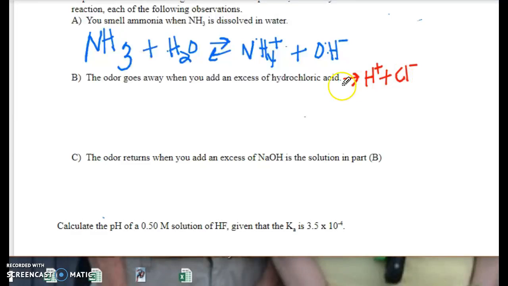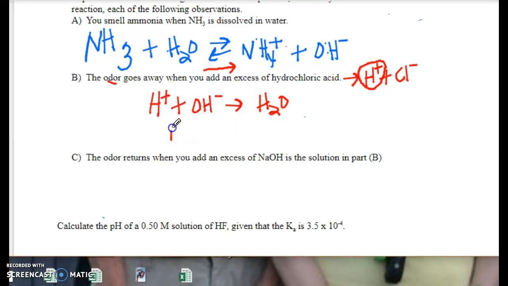When we go to part B, we see that the odor goes away. So the fact that the odor goes away tells us that the reaction is going to proceed to the product side. And the question is why when we're adding an excess of hydrochloric acid. So this is going to be a strong acid. It's going to react with the hydroxide. So the strongest acid is going to react with the strongest base to form water. And what this is doing is removing